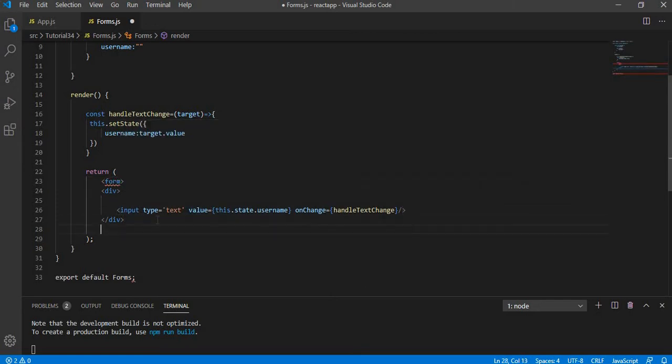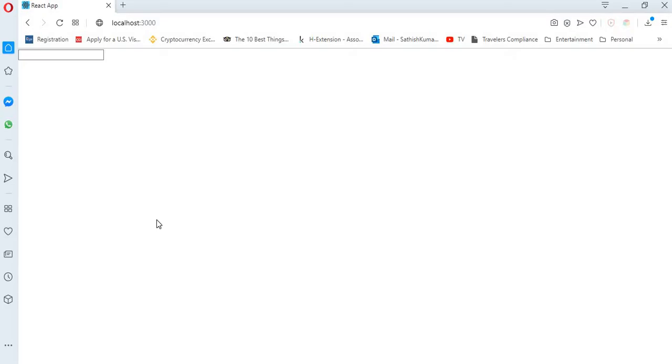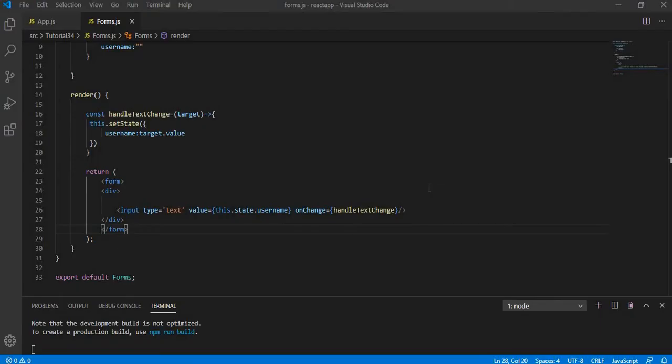and close the form tag over here. That's it. You have created a form element right now. If you take a look at the browser right now, this will act as a form element.